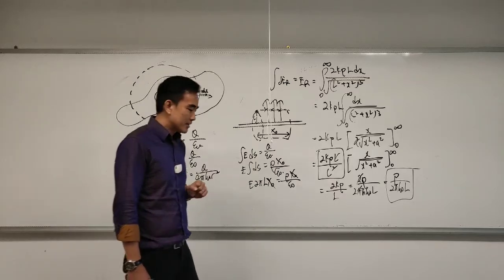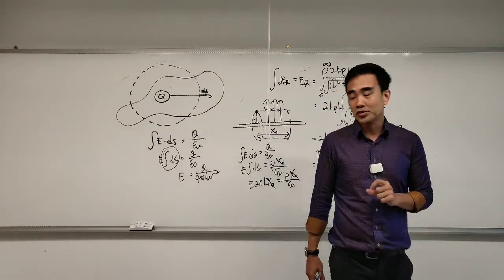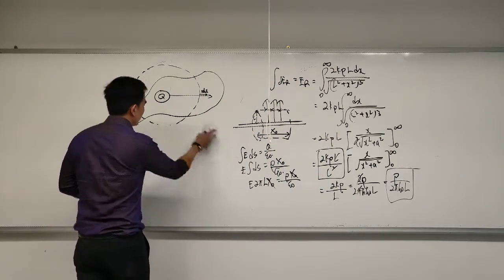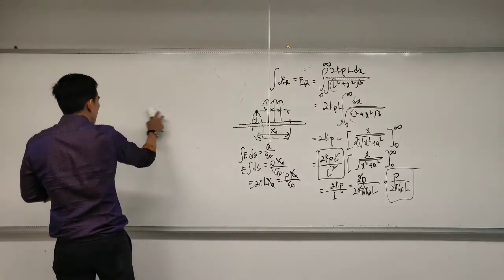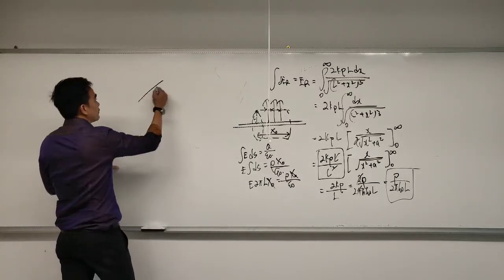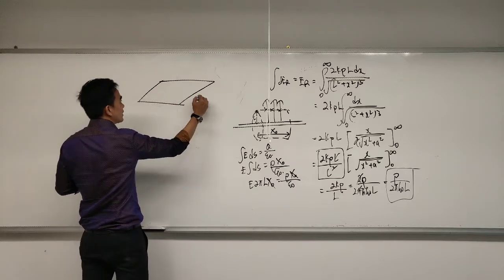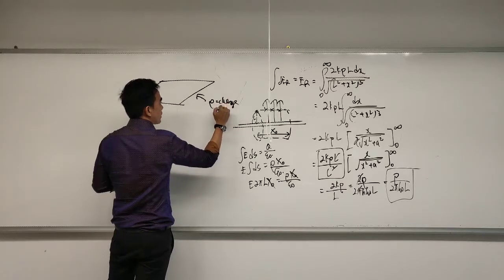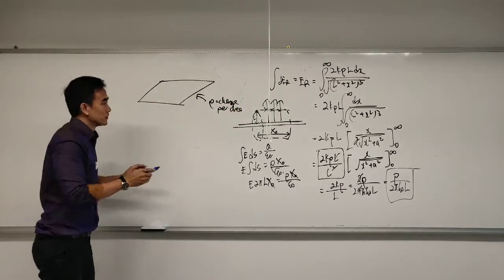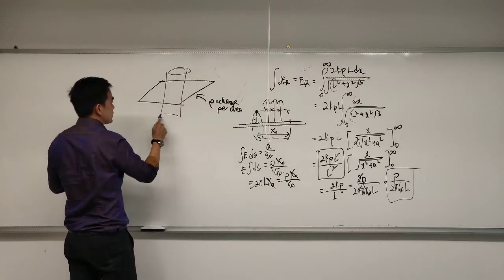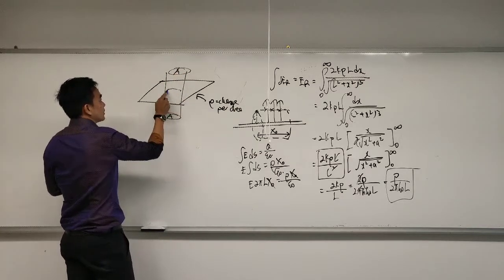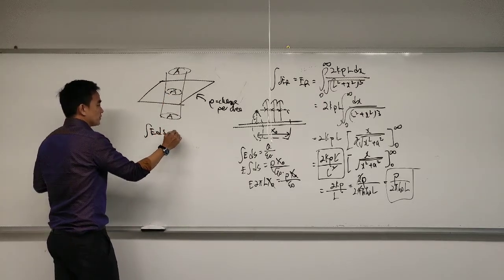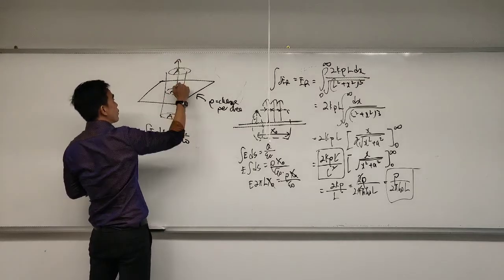All right. Now, what other situations do you need to know how to use Gauss law on? One very classic case is the case of a parallel plate, which is something that is very interesting. I'll show you why. If you have a charged plate where the charge has a charge density of rho, this is charge per area, not length anymore, but per area. If I choose a Gaussian surface like this, with area A, it will enclose a certain area A over here. So integral E dS, because the field only points in this direction,